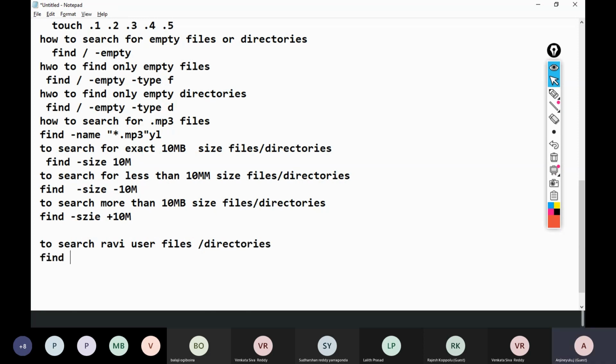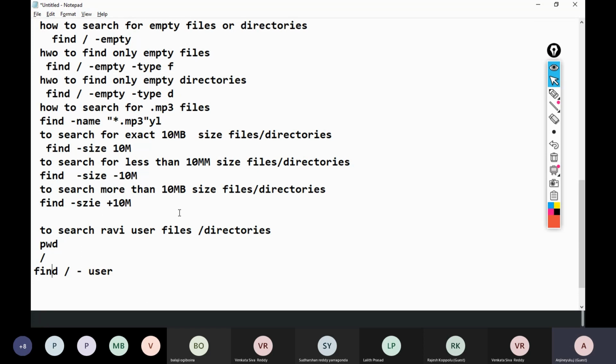Find, and if you are in the root location, there is no need to give this.